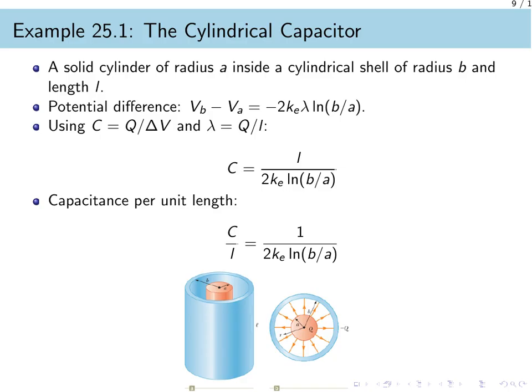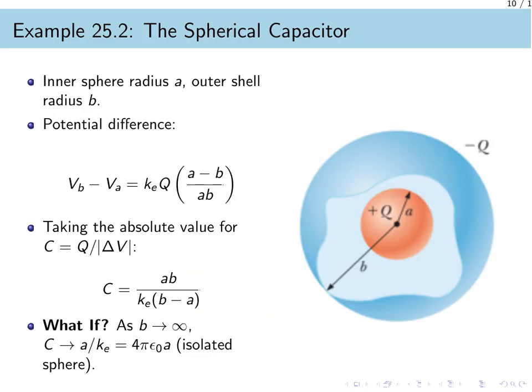A common real-world application of this design is the coaxial cable, which uses this geometry to shield electrical signals from external interference. Similarly, we can calculate the capacitance for a spherical capacitor, which consists of an inner sphere of radius A, surrounded by a concentric spherical shell of radius B. The potential difference here is found by integrating the electric field from the inner to the outer conductor. This results in a capacitance formula of the product of the radii, A times B, divided by Ke times the